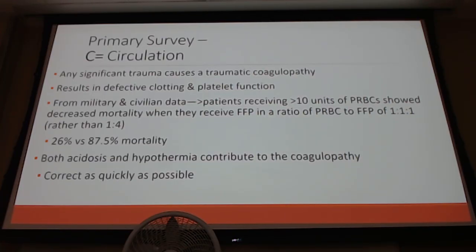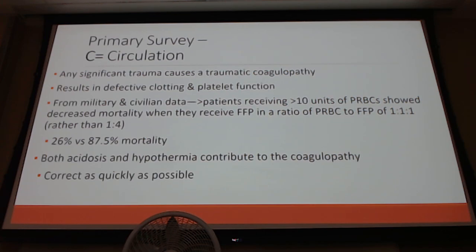A lot of patients don't get a balanced resuscitation, unfortunately, because it takes a little while to unthaw those products like our plasma and platelets. So a lot of centers, unfortunately, are only using PRBCs. A lot of places are switching to whole blood, which gives you a balanced resuscitation. So at some places emergency release is going to be whole blood, which is great, and they get a more balanced